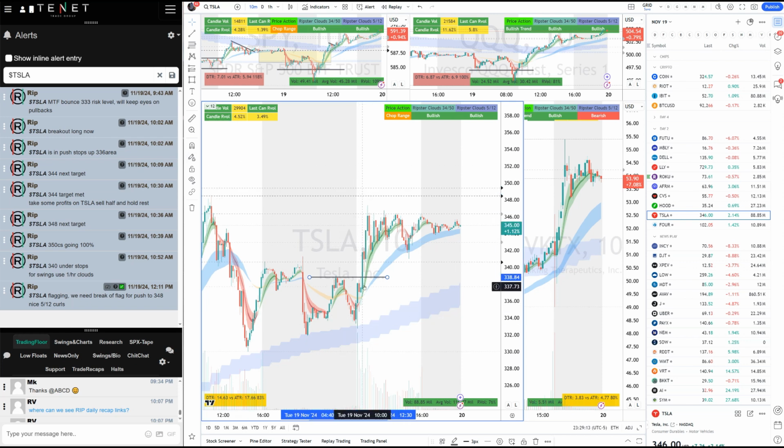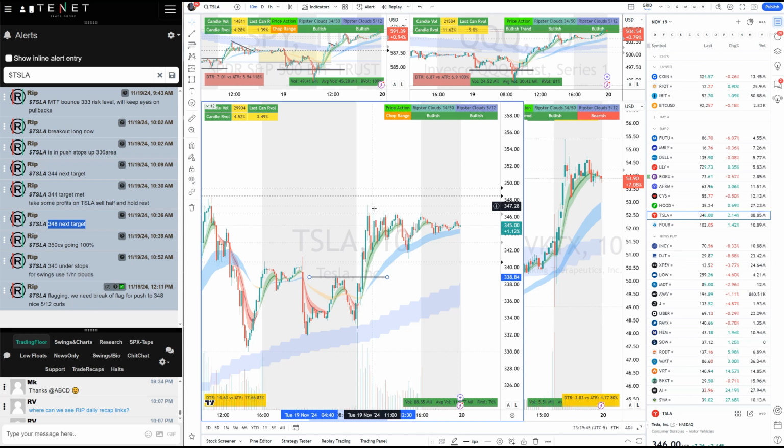So anyways, once we had a 10 a.m. breakout, that's when I said breakout long. I gave an initial long idea, but I was not long at that level. 333 is the risk I gave everyone. If you are trying to long right here, 333 is your risk. You're risking $2 to $3, but you're making $10 to $12. That's one risk to 5 or 6 rewards. That's pretty good risk-reward there. So that's what I teach everyone. And after that, I was just giving the targets. 344 was the first target, 348 was my second target.